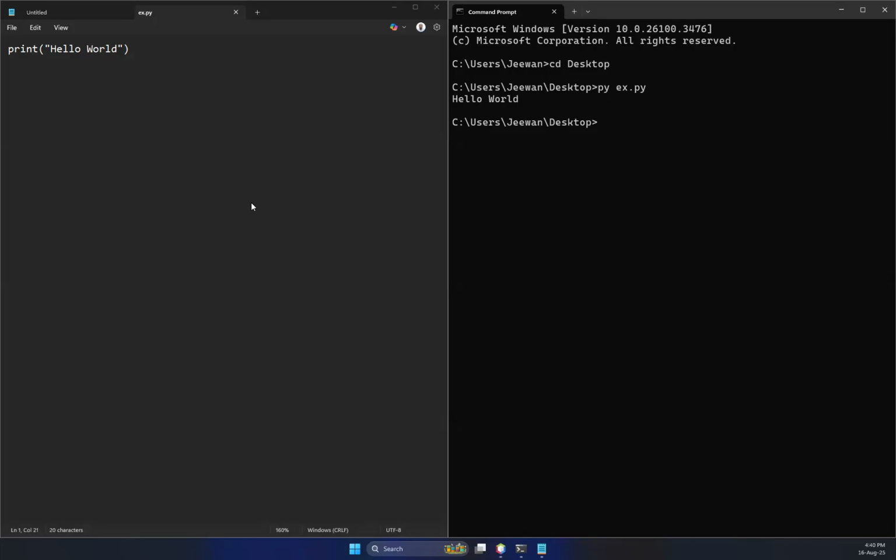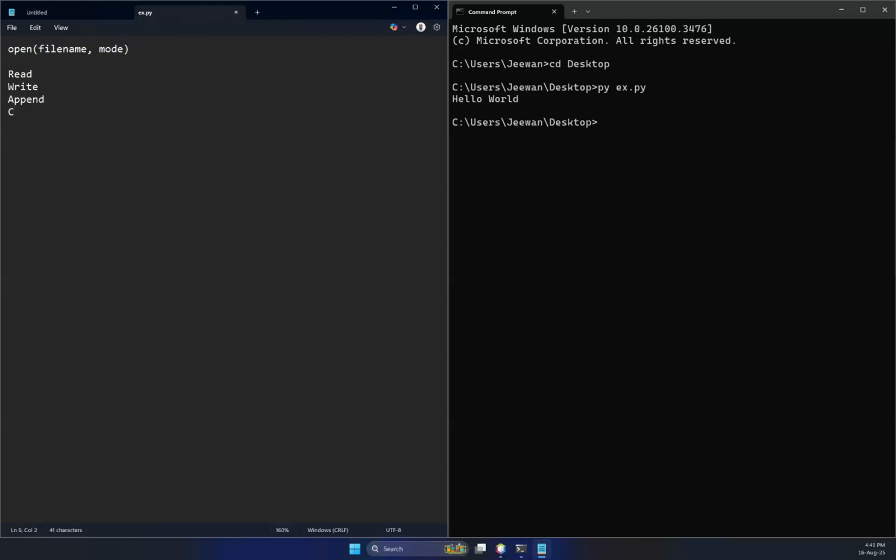There's a function called open, right? In order to work with files, this open function takes two parameters. One is the file name and the other one is the mode. And based on the mode you are passing, it does different activities. We could read, we could write, we could append,